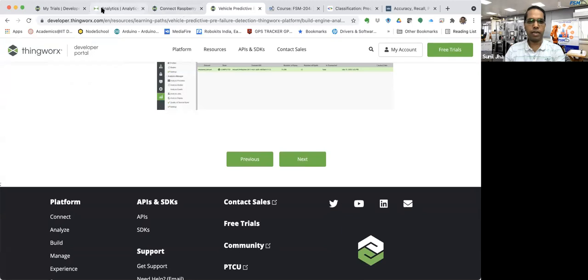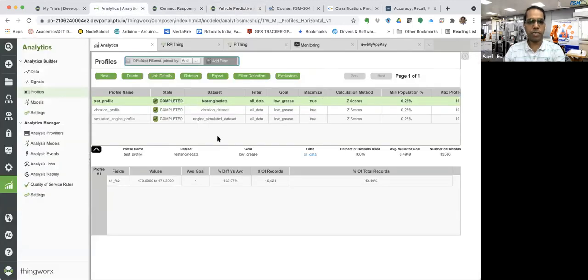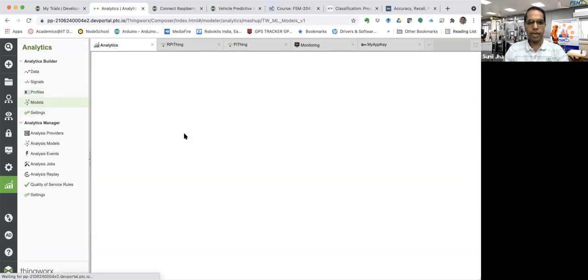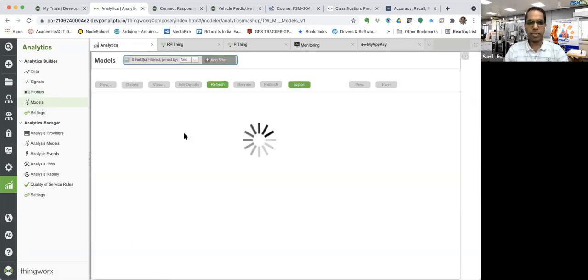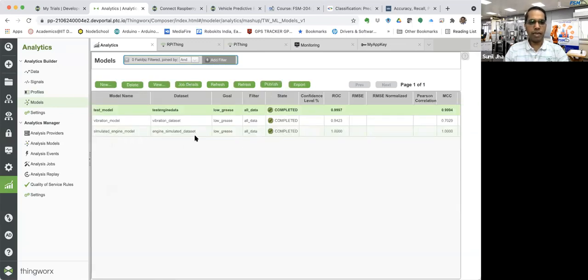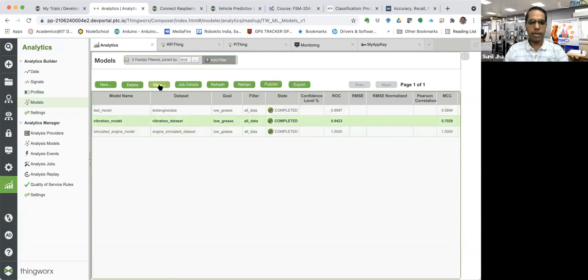Please perform that, because you need to submit the screenshot of what you are doing right now. So in that case, there are models being generated. While creating a model, you can exclude some of the variables. That is the interesting part over here. So a model is being generated with the data captured by all the sensors. At the same time, you can create another.